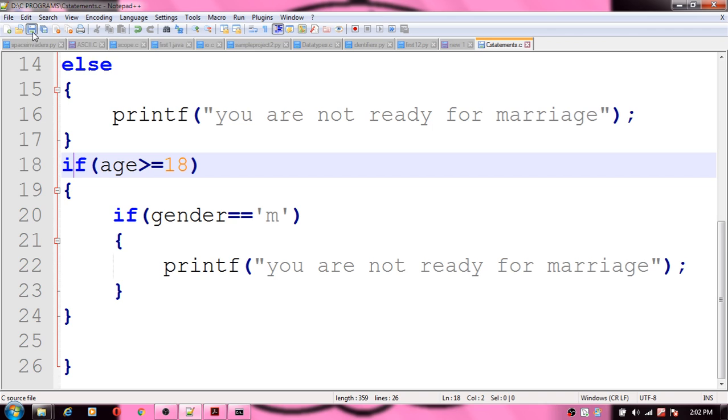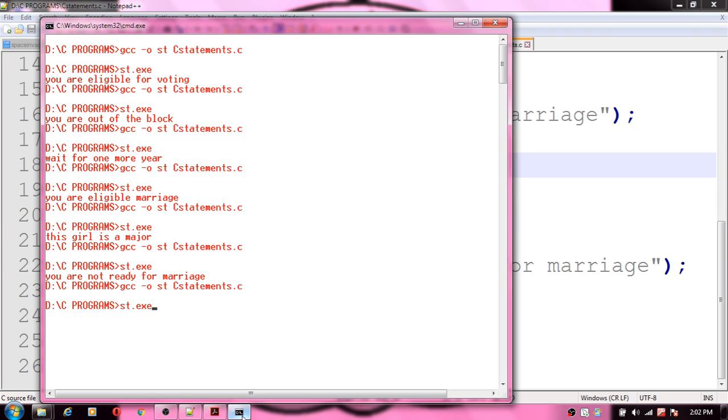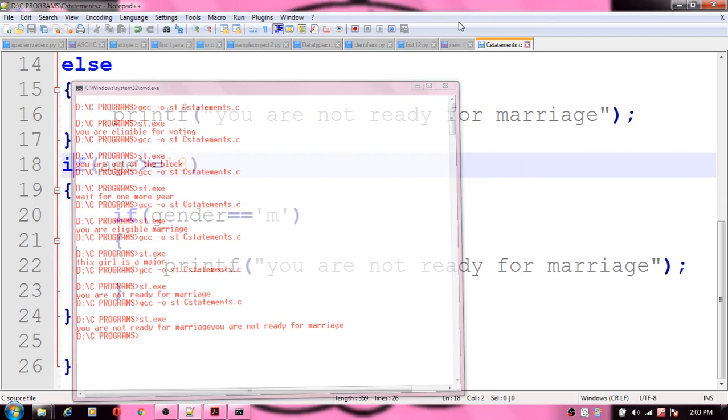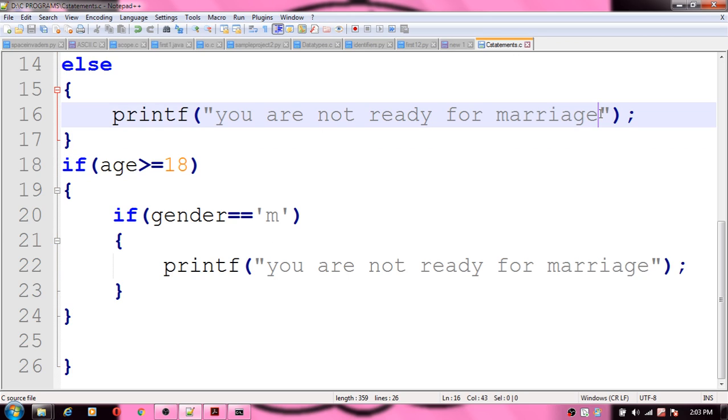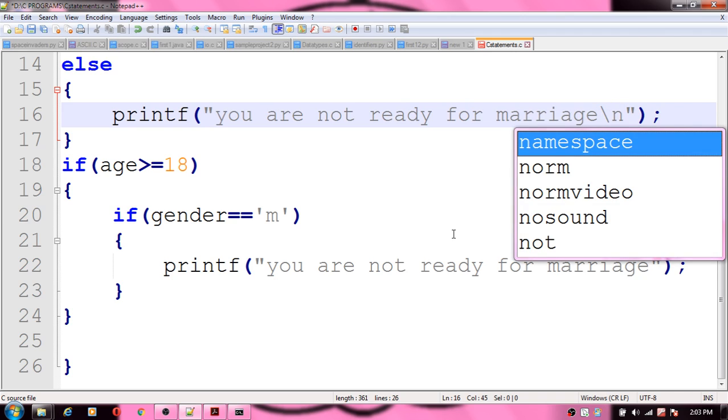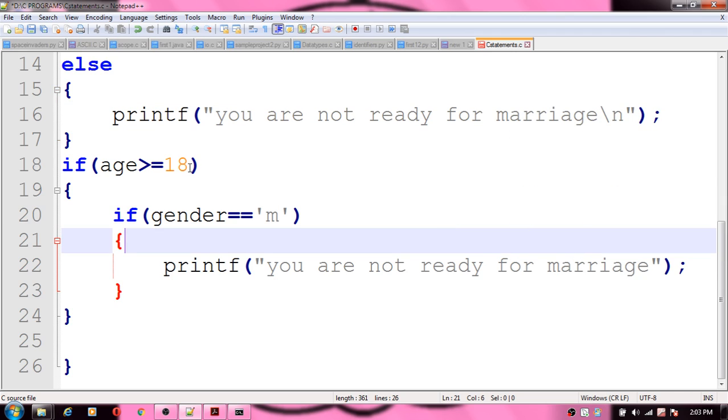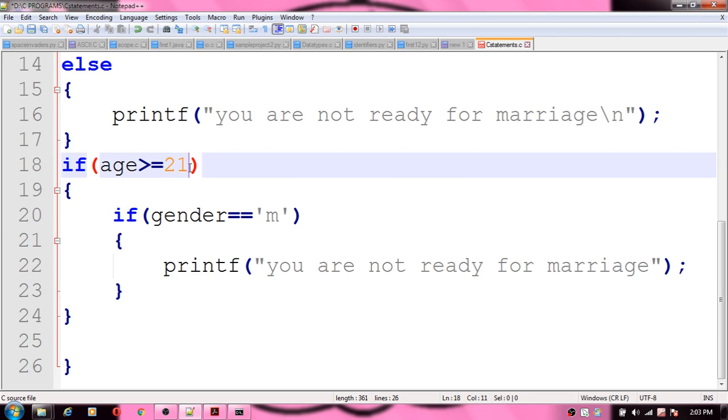So let's see this and execute. Yeah, you are not ready for marriage. So that was this statement. Let me write backslash n here, right,